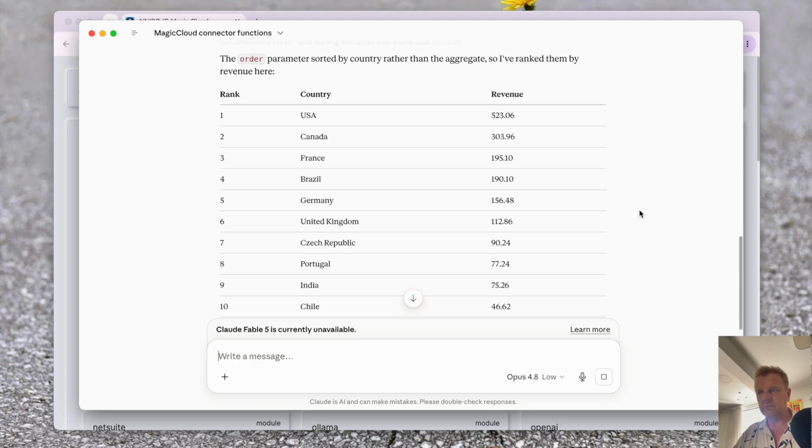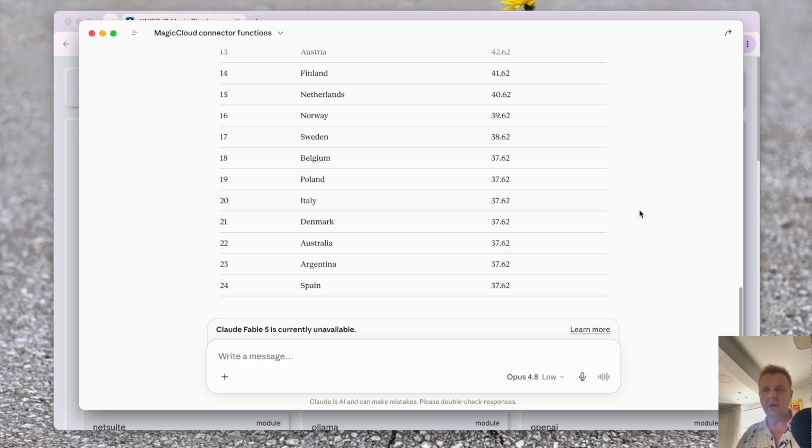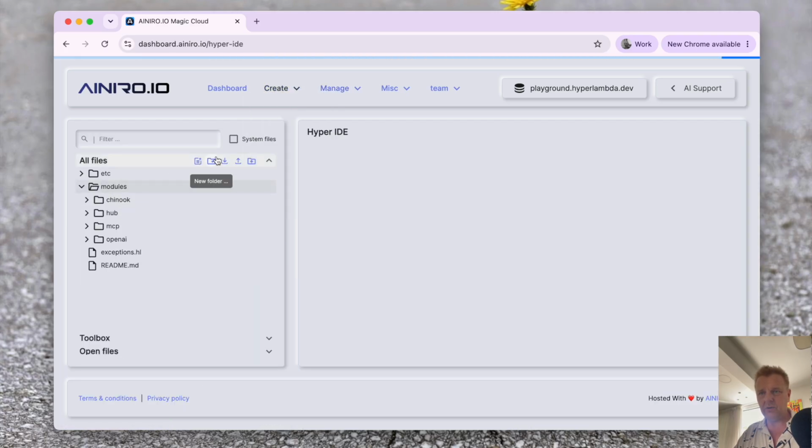And here you see, the USA is the best selling, then Canada, then France, then Brazil, etc. So whatever functions you have in your Cloudlet automatically become extensions inside of Claude Code. Let me illustrate that point by going here and going to create and choosing Hyper IDE here, choosing modules